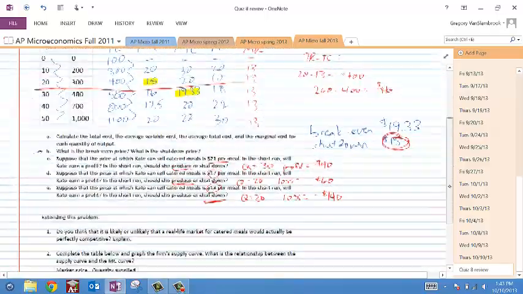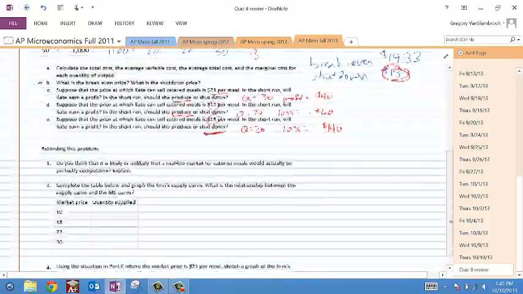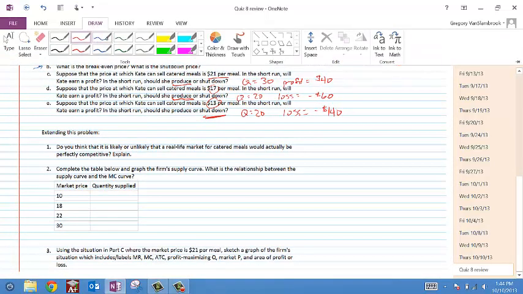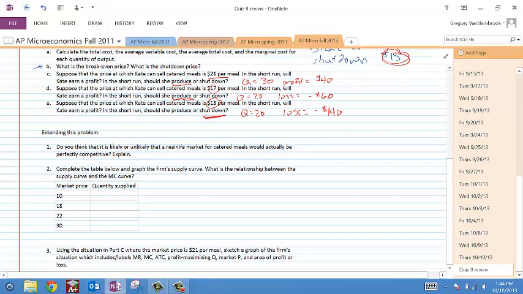Now we've done a couple other things, and let's bring those into the picture with this same problem down below. First, do you think that it is likely or unlikely that a real-life market for catered meals would actually be perfectly competitive? Explain. What I'm looking for here is that you are able to recall, recognize and apply the elements of a perfectly competitive industry, which include the fact that firms are a small part of the market,